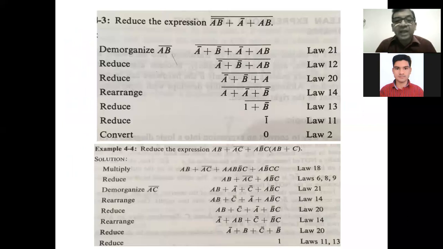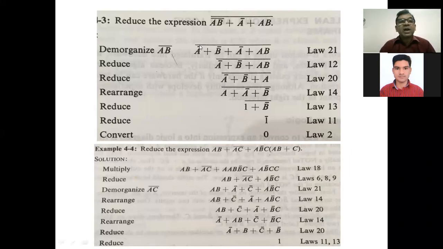For example, I have taken this example from the book, that is from Bothman's book. You can see by going there that if we want to reduce AB bar plus AB whole bar, or sometimes it can be asked to prove that this AB bar plus AB whole bar is equal to 0. So how can it be done?